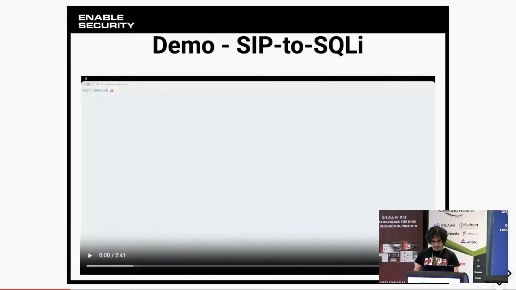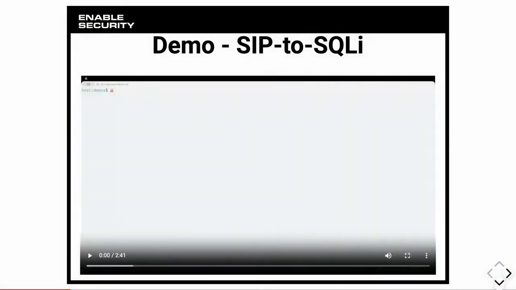And that's what we have here. So in the demo, we're going to have a harness that translates HTTP requests into SIP register messages with crafted user agent headers, which allows us to use this excellent tool together with a vulnerable